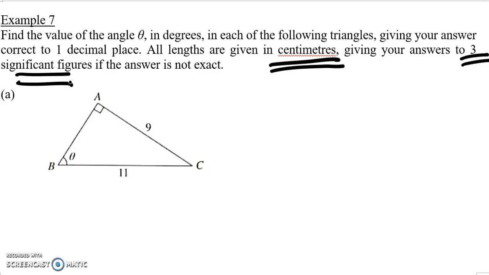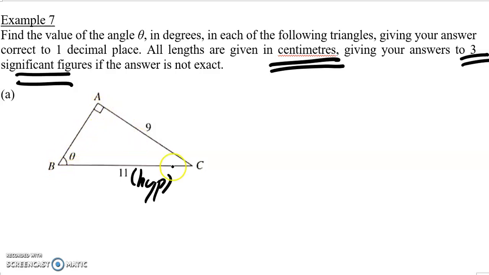Now, looking at this, it is important for us to be able to identify which are the opposite, adjacent, and hypo sides. So, for this case, hypo will be the longer side, which is BC. Now, for those of you who are not very confident yet, I would suggest that you label the sides accordingly first. Hypo is actually the easiest for us to identify because it's the longer side. Now, next we have AB,